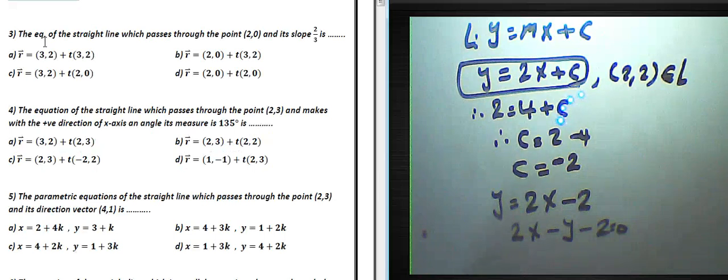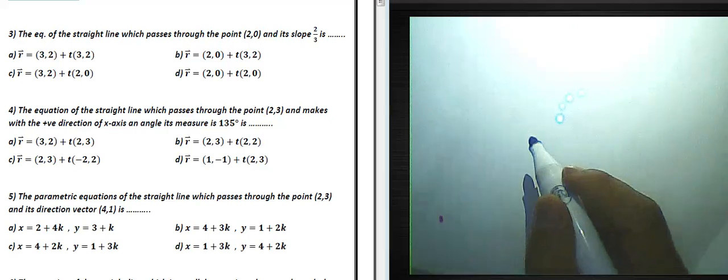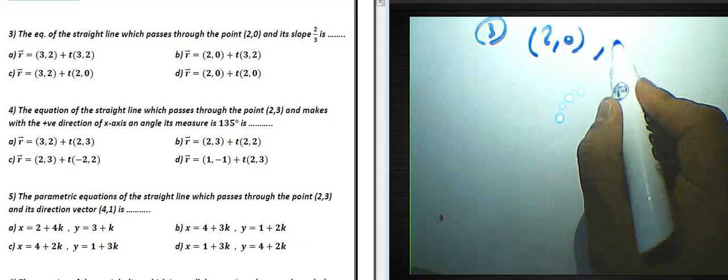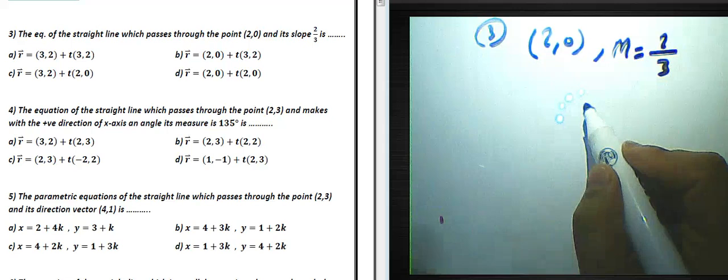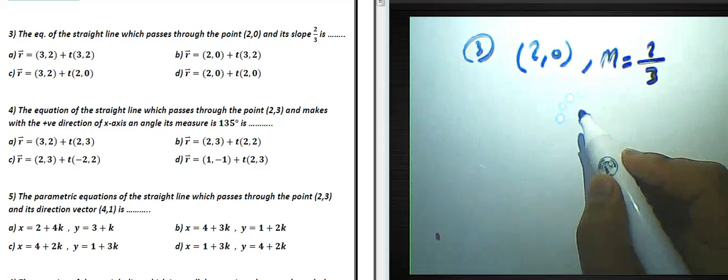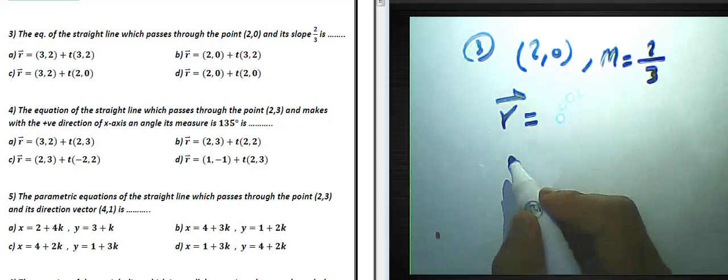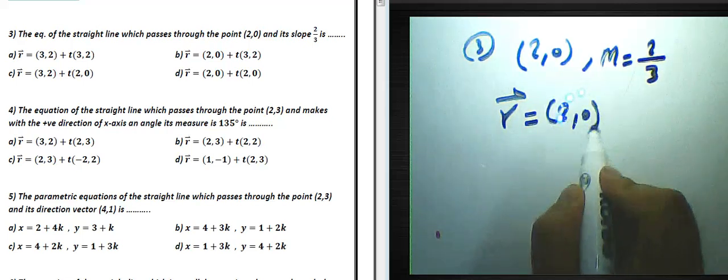Question number 3. The equation of the straight line which passes through the point (2, 0) and whose slope is 2 over 3 is... He gave us in the example a straight line passing through the point (2, 0), and the slope will be equal to 2/3. Okay, you can convert this equation by the vector r equals the point, here (2, 0), plus